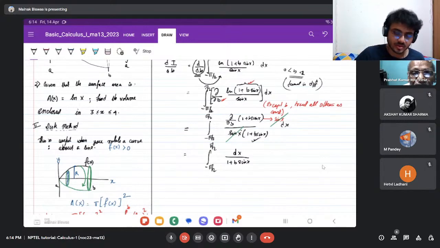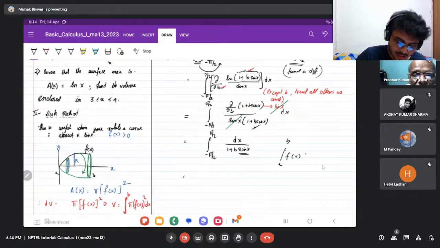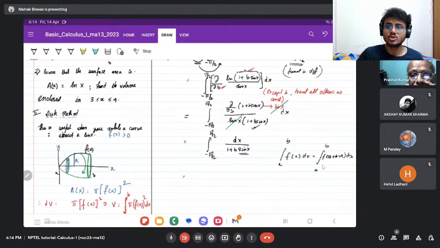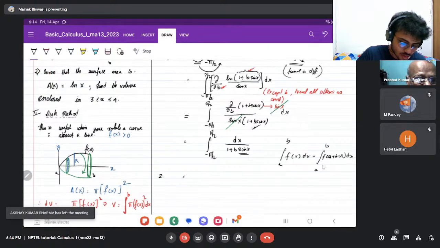She told me that the integral of f(x) dx from a to b is the integral of f(a plus b minus x) dx from a to b. We have already shown this in the definite integration classes and tutorial sessions that we have had. And so you can write this as 2 times I, or 2 times dI/db